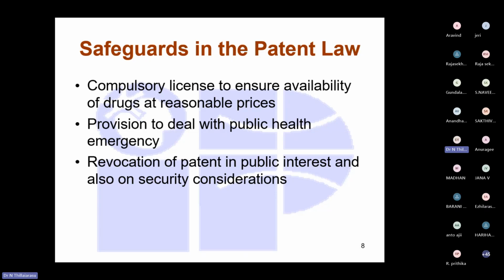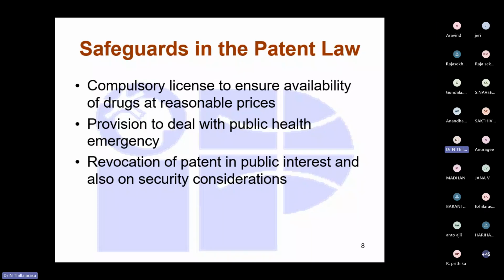So the compulsory license to ensure availability of a drug at reasonable prices. See, you made one advancement, you did a mere arrangement or rearrangement, you did a composition of two things. It should be useful to the public, then only. If it is not useful to the public, if it is any harm to the public, we are not supposed to file a patent with respect to our invention.